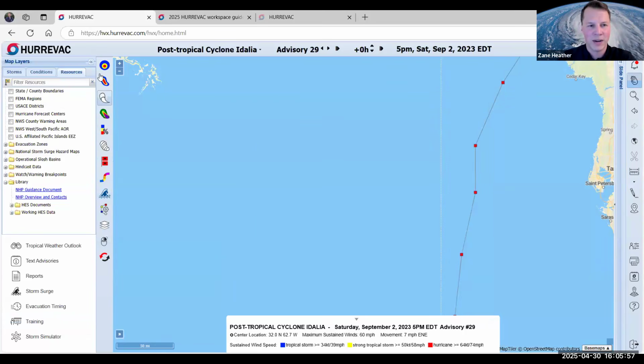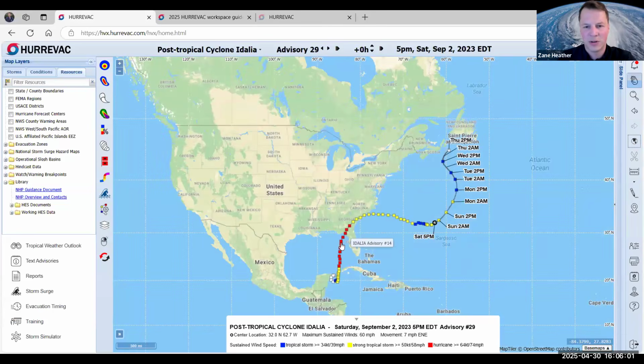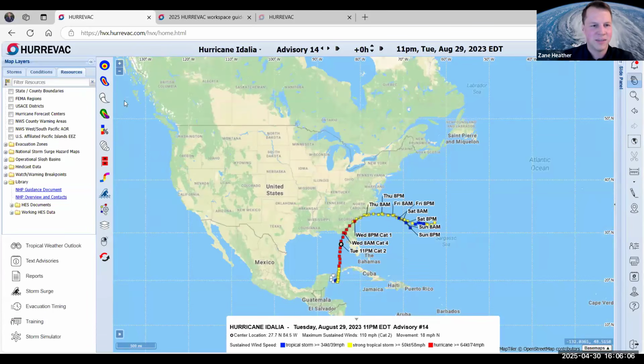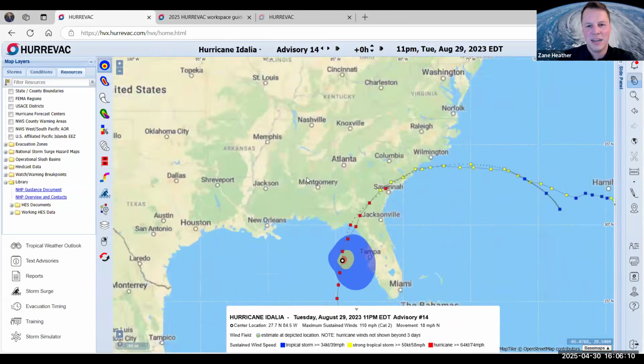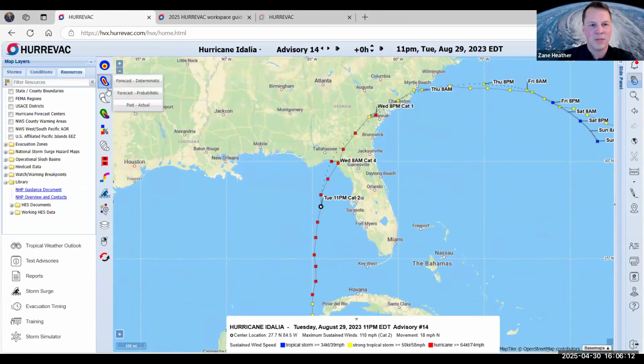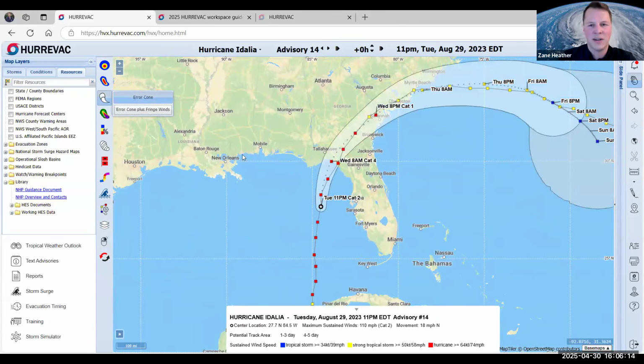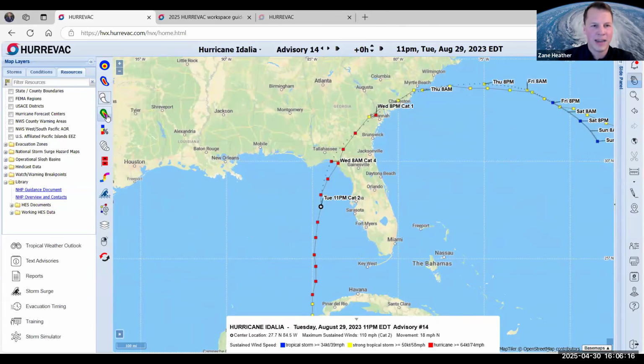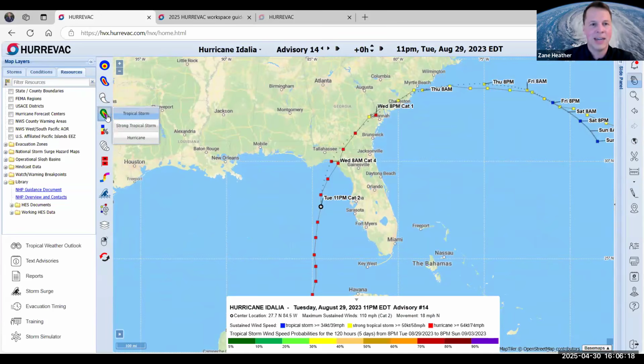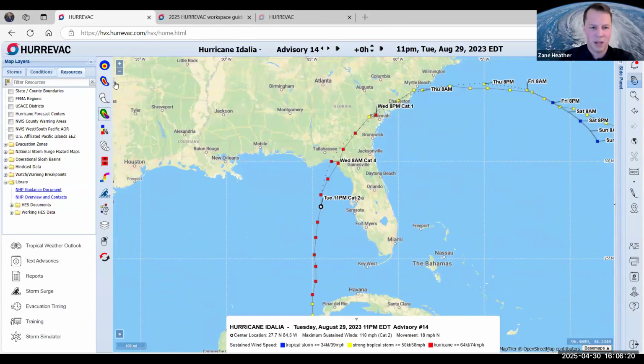These are your storm tools right here. So these are different ways to interact with forecasts within the National Hurricane forecasts produced by the National Hurricane Center. And sorry, this is very much by the seat of my pants. So this is with Adalia here. And so essentially you've got the different forecast products that are produced by the Hurricane Center that you can interact with within HRVAC. And you saw all this in the slide. I'm just showing that you can go in and click them on, click them off. Again, these are all tied to current forecasts.